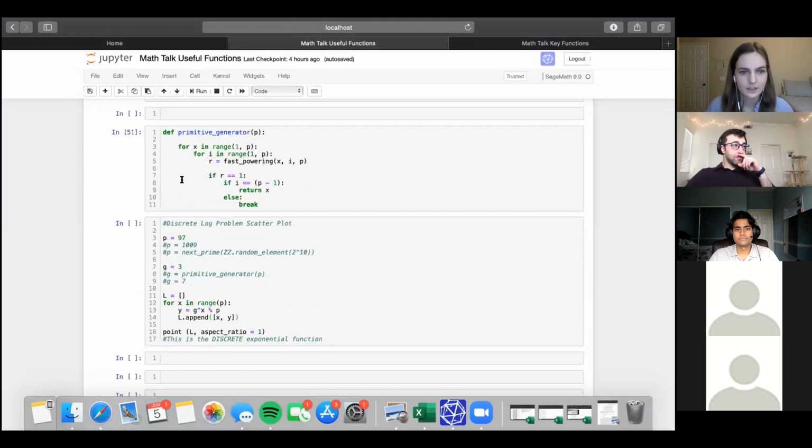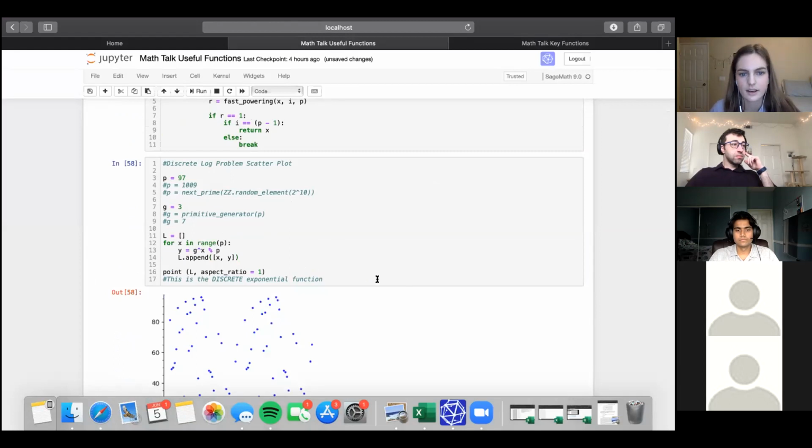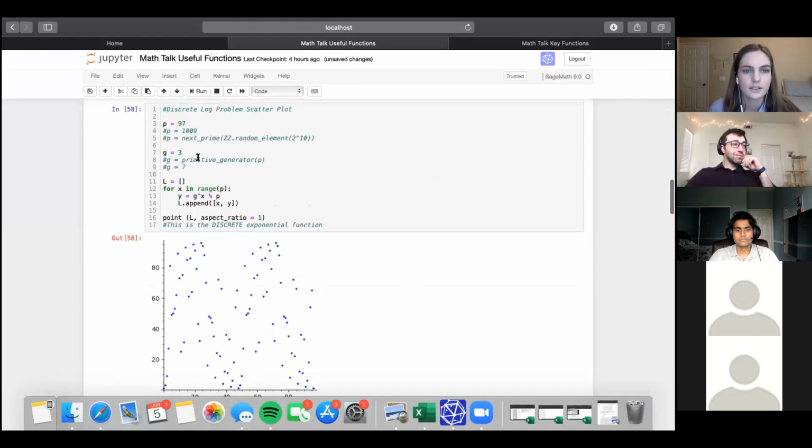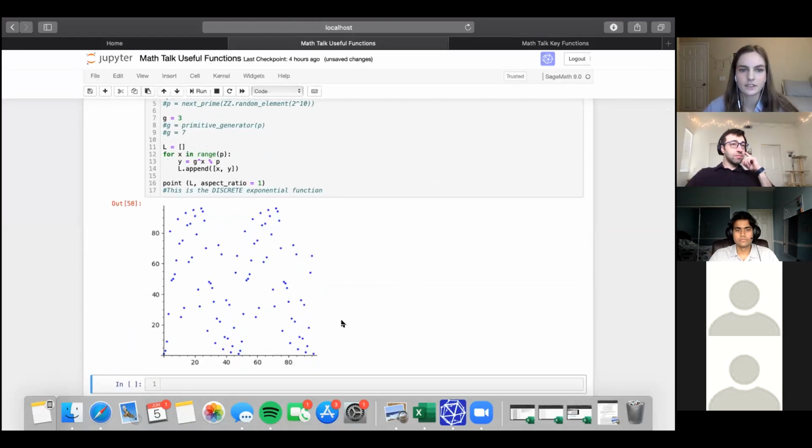Okay, so we can compare a range of x's and compute y. We're going to exponentiate mod p, so we're going to look at g to the x mod p. And here's what that function would look like. I chose p to be 97 and g to be 3. As you can see, this function is definitely not continuous, which is great because that means that there's not much